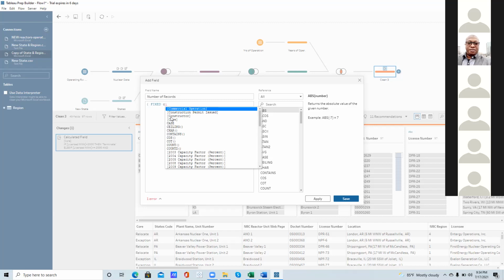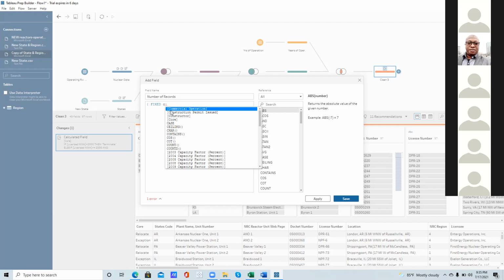You have to understand the difference between counting at the reporting level in Tableau and counting at the data source level. Here, if you do count D, it will give you an error, because Tableau says you have to count at a level of detail.